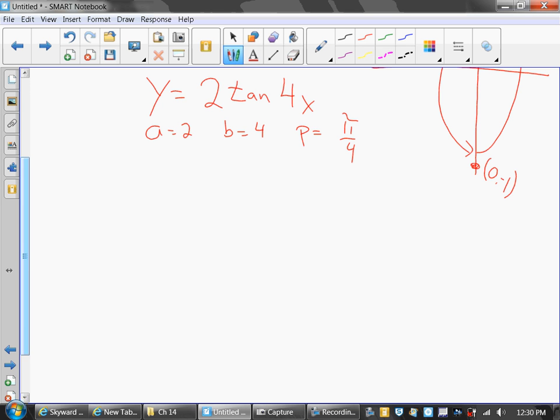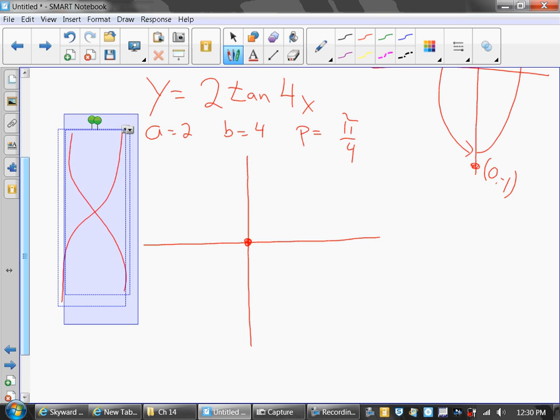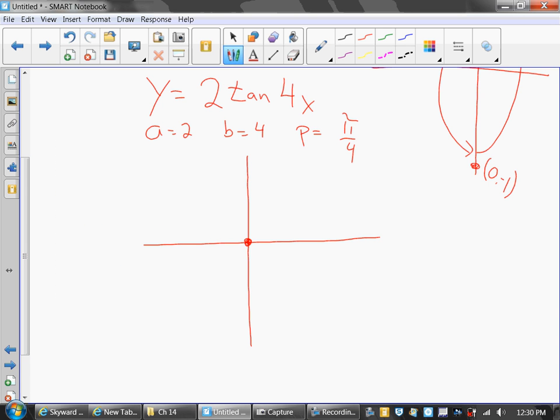Now, that means what's occurring: your tangent graph, the parent function, always starts by the origin. The period is the amount of time it takes to cycle through one graph. The graph of tangent functions either looks like this if a is positive, or like this if a is negative. All right? So now what happens is, in time for it to make that cycle change through, that's what occurs within the